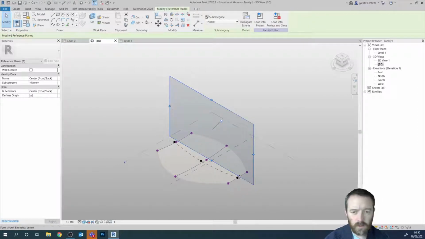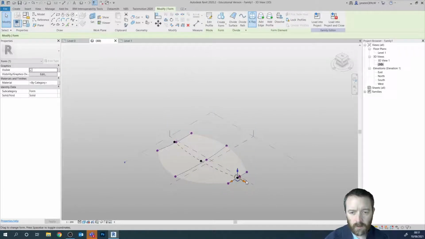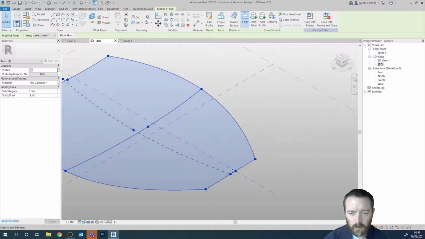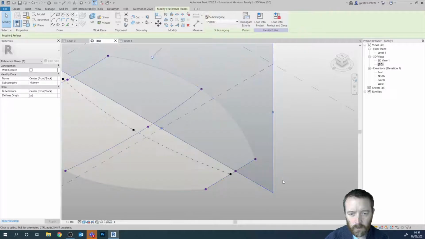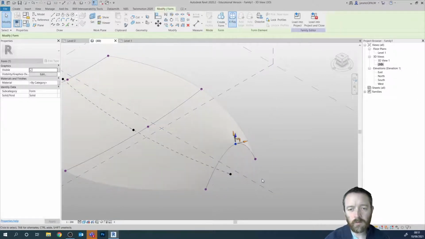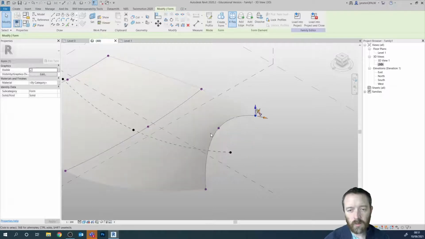So let's use the tab key here, and I'll zoom in. I'll grab this point here. Let's see. I'll try and grab that point. Okay, so I've got this point. There, I've got that point. So each point has its own axis that we can modify and change. So I can bring these points up and this one down, and